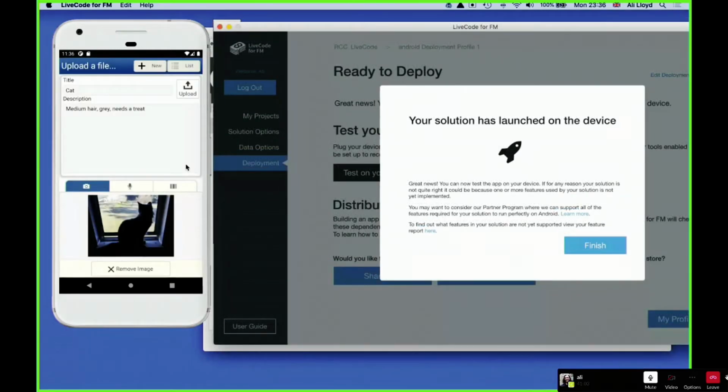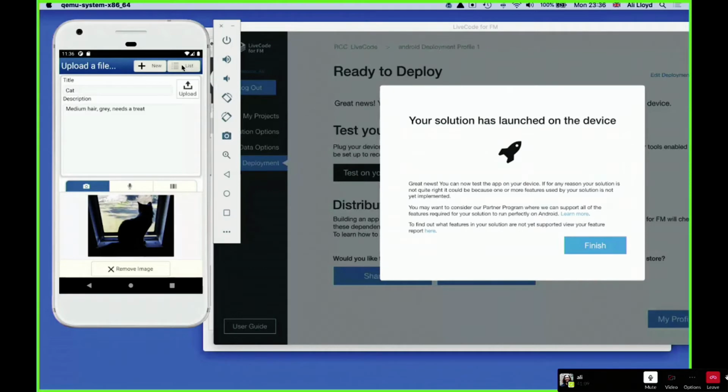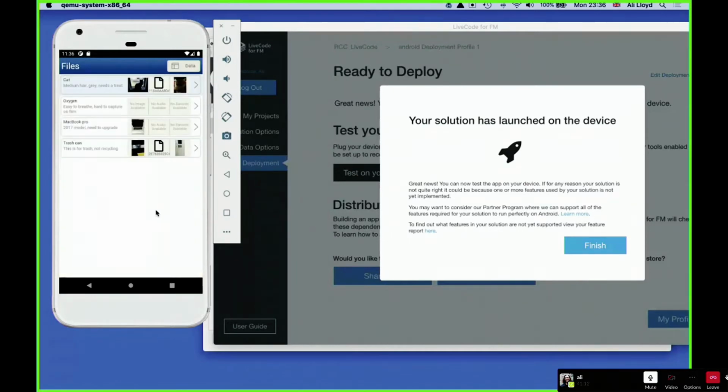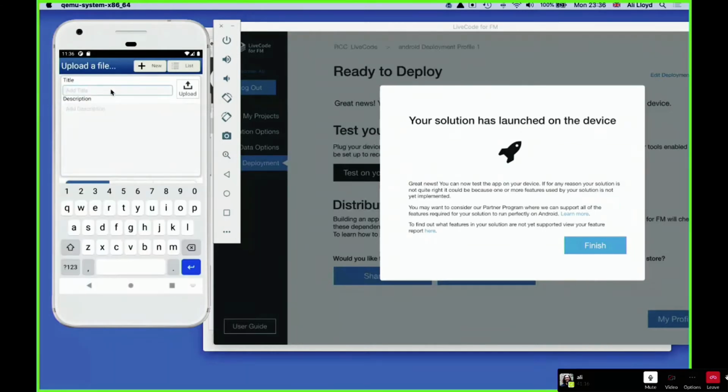That just syncs down the records that existed on the server. You can go to the list there and create a new record. Let's just call it test.